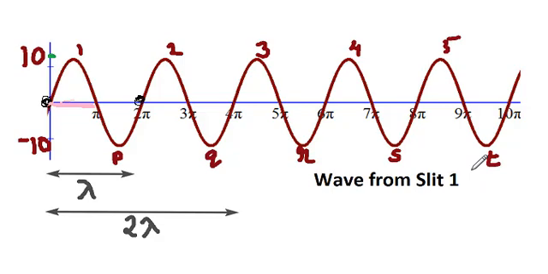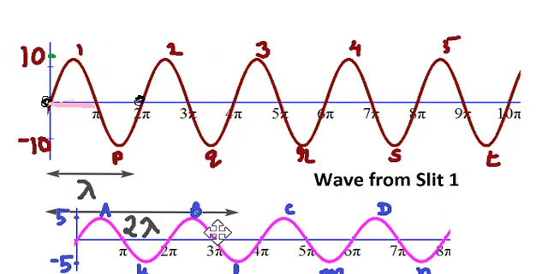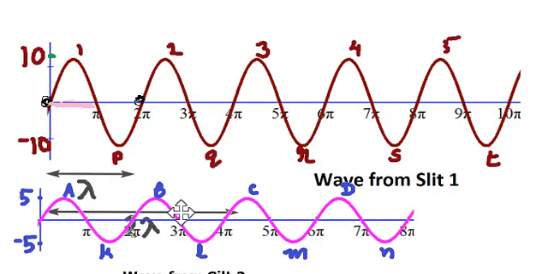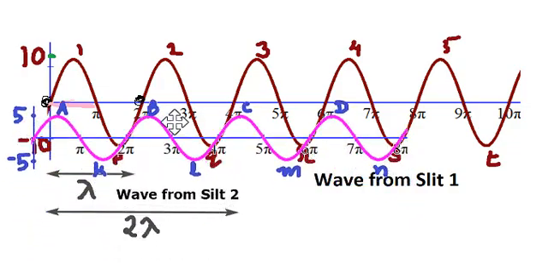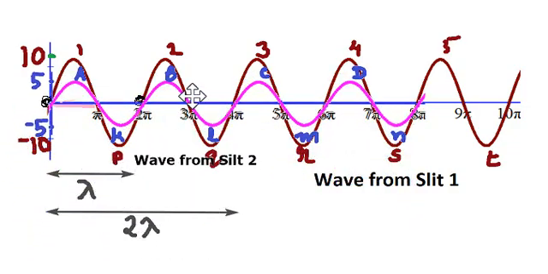So what will happen if one more wave comes to the same situation? That means from the second slit, one wave. So these waves are actually coming from the two slits, and they are striking a single, common point on the screen. The second wave is represented by this. It has an amplitude of 5, so it can go from minus 5 to plus 5. It has the same wavelength. If I place it on the other one, you can see the wavelength is the same. So time period, frequency, everything is the same.